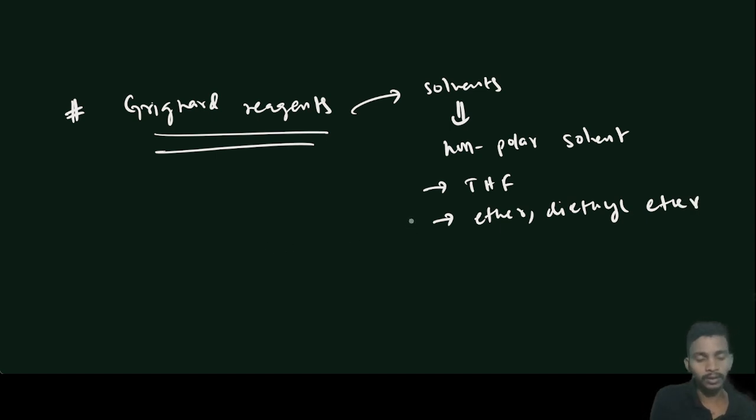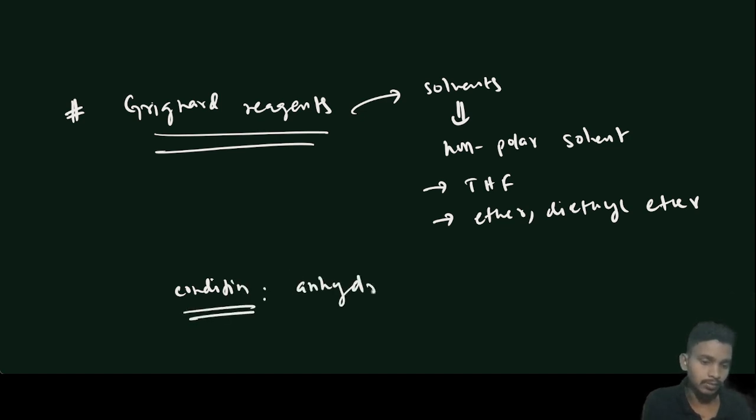Okay, so the solvents should always be non-polar solvents like THF, ethers or diethyl ether. This type of solvents we use, and that condition should be anhydrous. Anhydrous means water-free conditions,